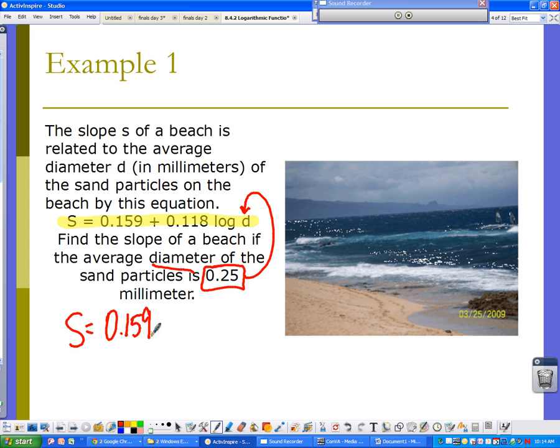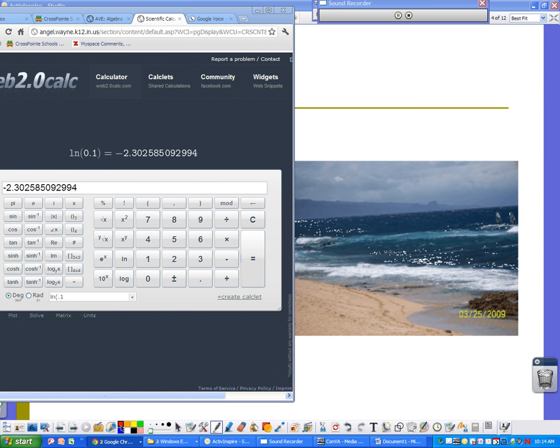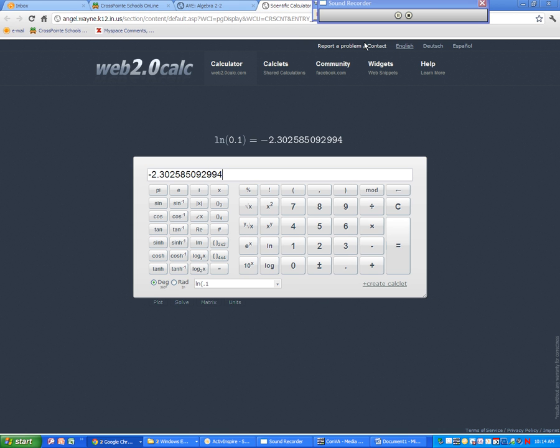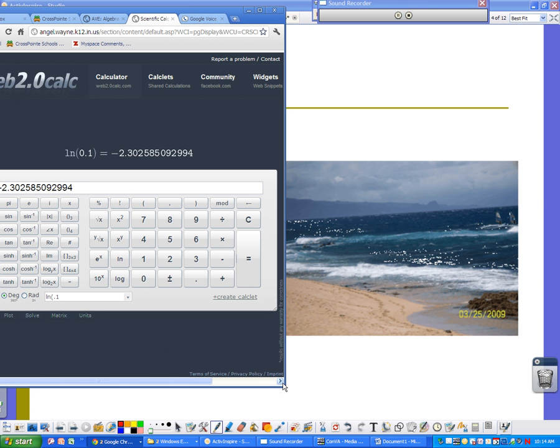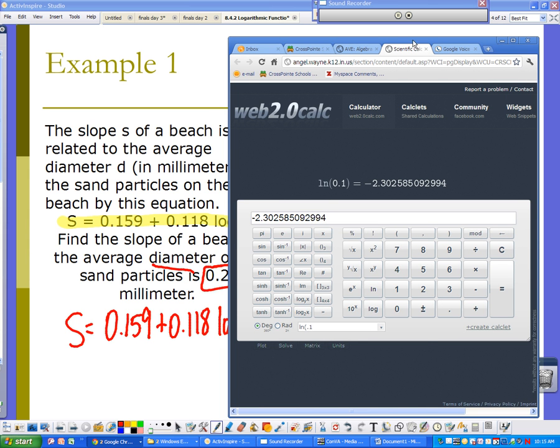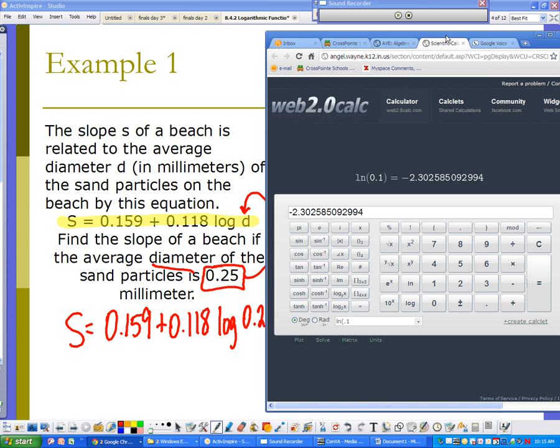0.159 plus 0.118 log of 0.25. Okay, and so when you actually put that in the calculator, scientific calculators are great in that you can input all the information into the calculator all at once. So let's go ahead and do that. Okay. So we have